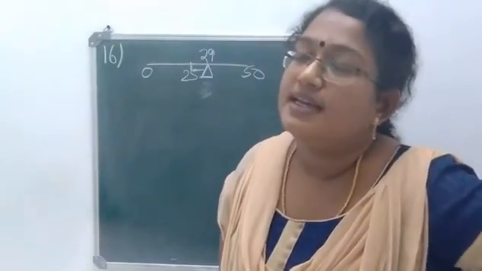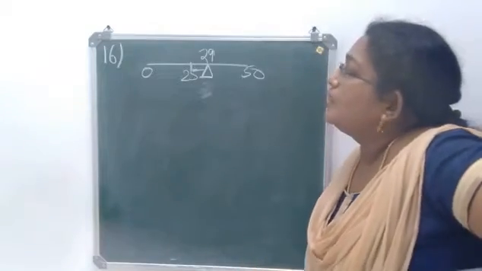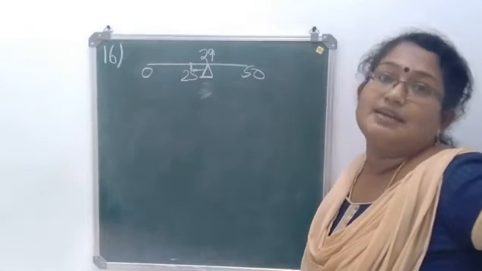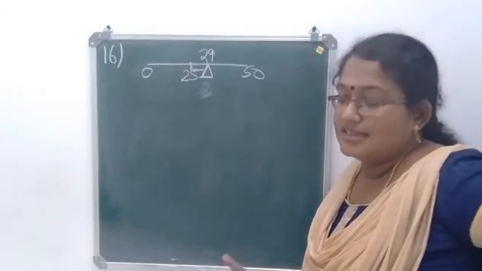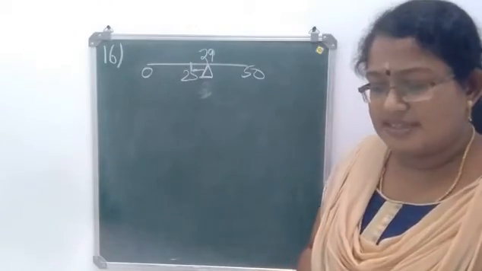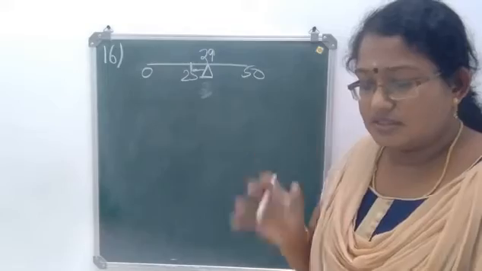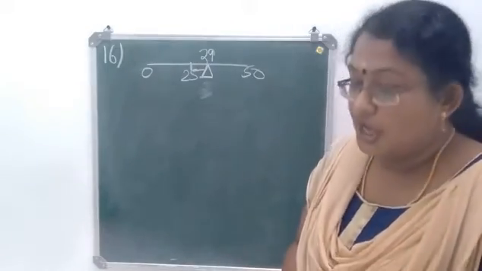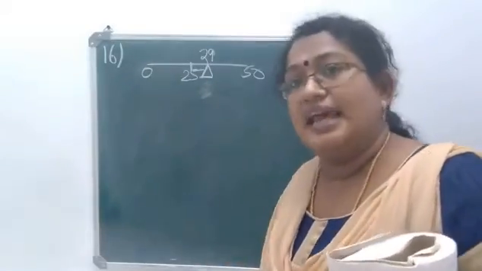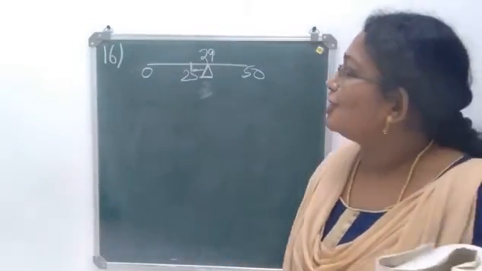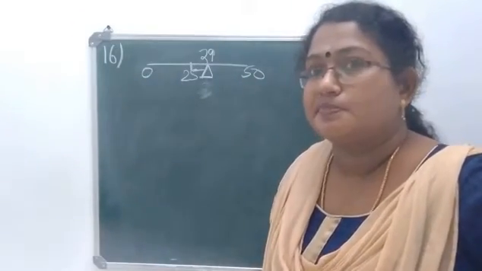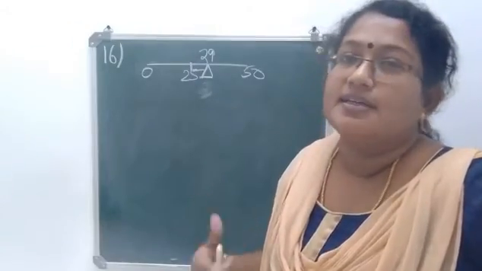So we have a 20 gram weight, and where should I hang it? Should I hang it at the 0 centimeter mark or the 50 centimeter mark? It is said that 20 gram is hung. Its gram force is not given. A 20 gram mass is hung at one end. So where should it be hung, at the 0 marking or the 50 marking? What should you check here?